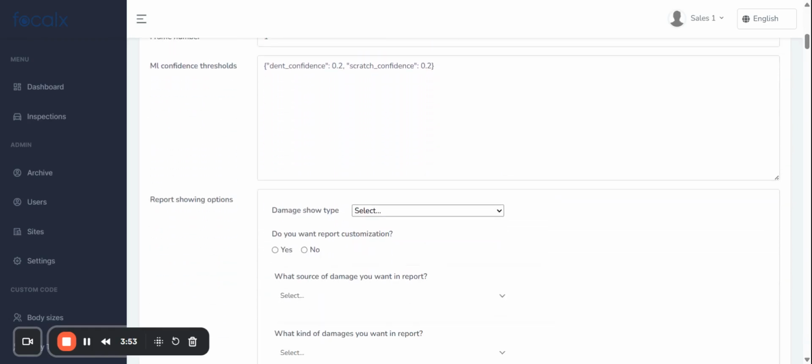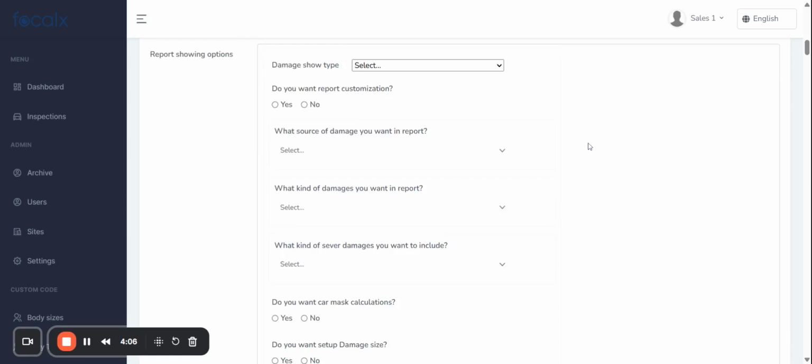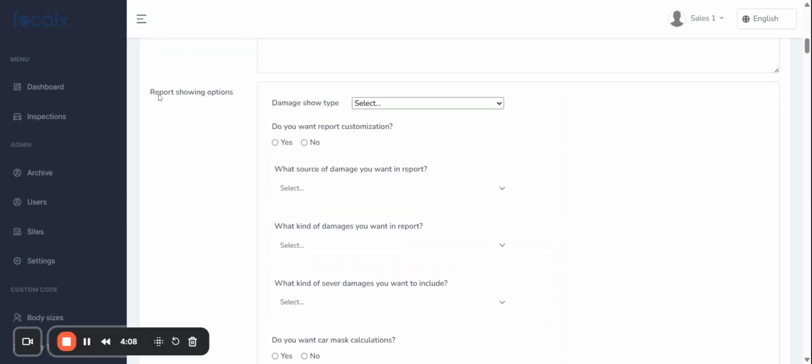After that, we have the ML confidence threshold. Here we can give the dent confidence and scratch confidence. What are the threshold ratios we have, this also we can provide. And next we have the option called report showing options. Report showing options are nothing but